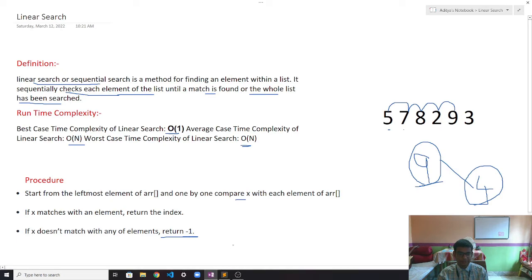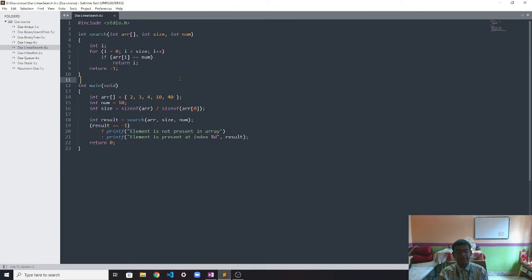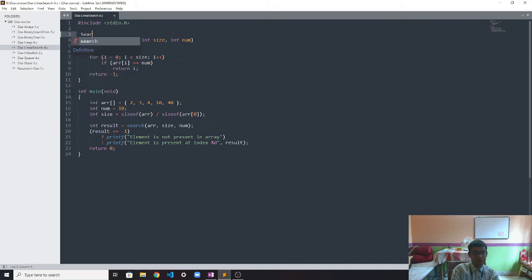So let's jump into a source code editor, Sublime Text. Here I have the code ready. As you can see, we have the search function over here. So the algorithm is over here. What we are going to do here is take an array as a list.